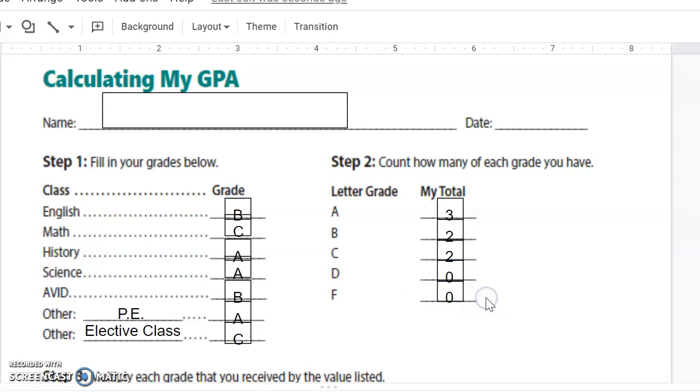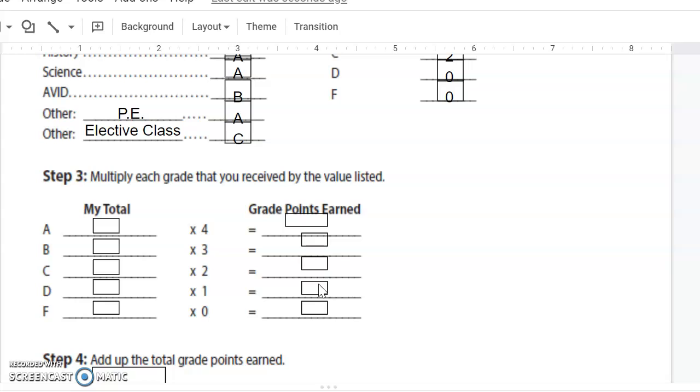Okay, leaving it blank is also acceptable. Okay, so step 1, you're going to fill in which grades you have. What are your current grades so far this semester? And then step number 2, you're going to count how many of each grade you have by looking at this list here. So if we scroll down, step number 3 is to multiply each grade that you received by the